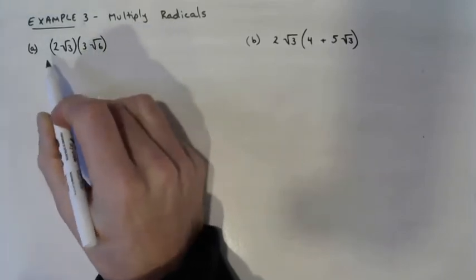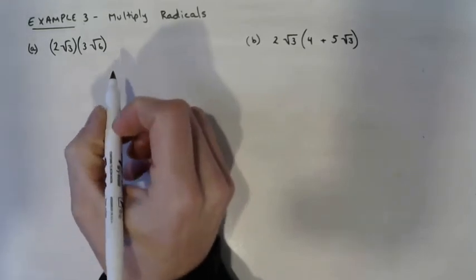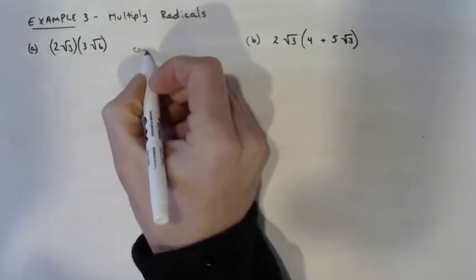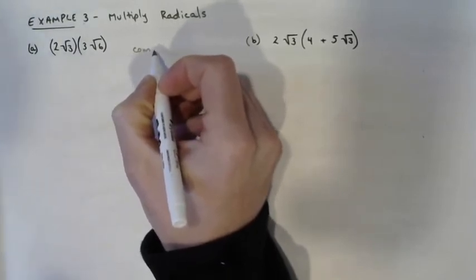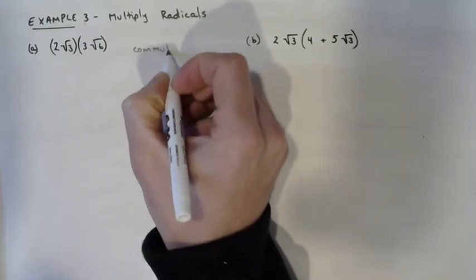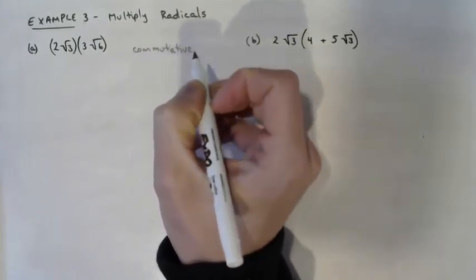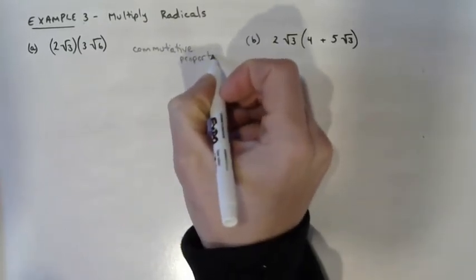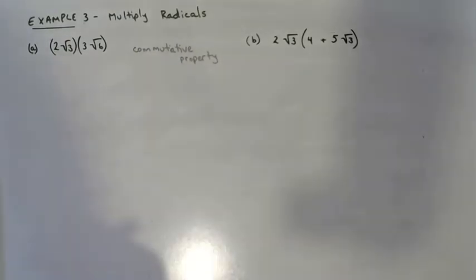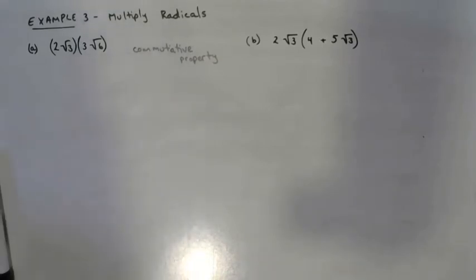Okay, so again, the radical 6 looks like it's more connected to the number 3, but it's not. These guys can be multiplied any which way we like. Do you remember what that property is called? Okay, that's the commutative property of multiplication, or commutative, however you say it. I don't really care. I call it commutative property. Okay, what does that allow us to do? Well, it allows us to multiply our whole values together, and it allows us to multiply our radicals together. So I'm actually going to rearrange this